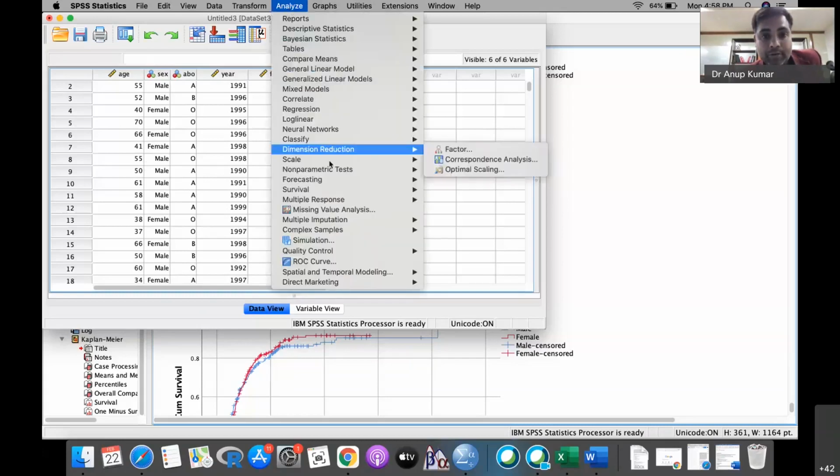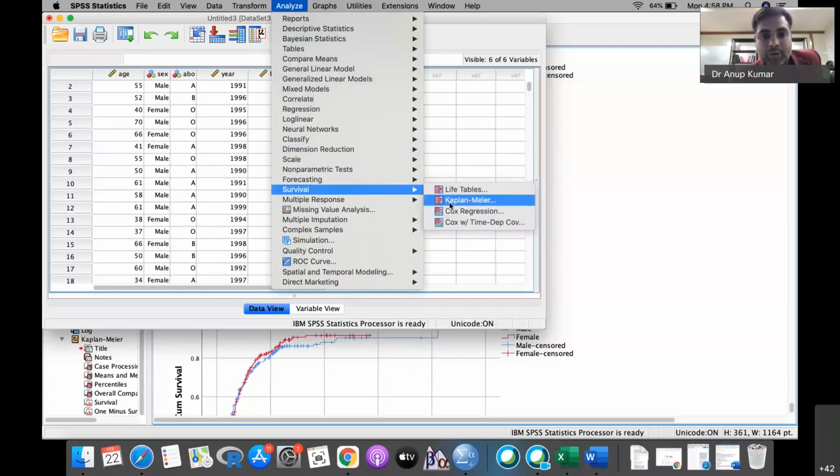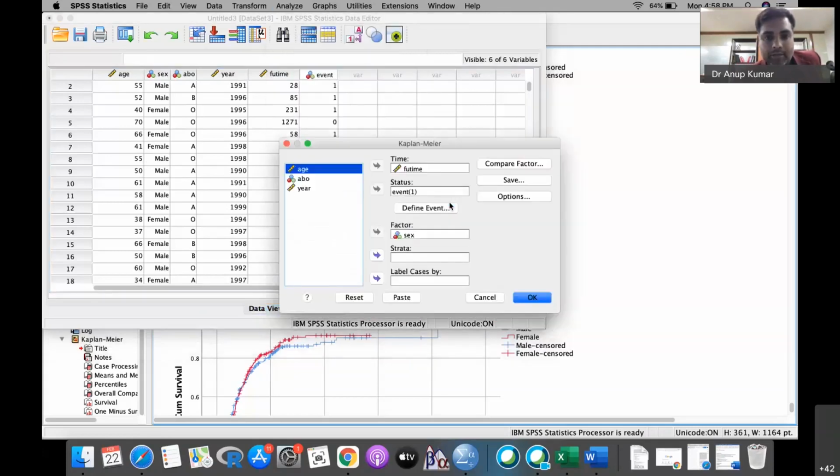One more thing you can do here is go one step down. You select the first level, and then you divide it into separate groups: for male you want it separate, for female you want it separate.